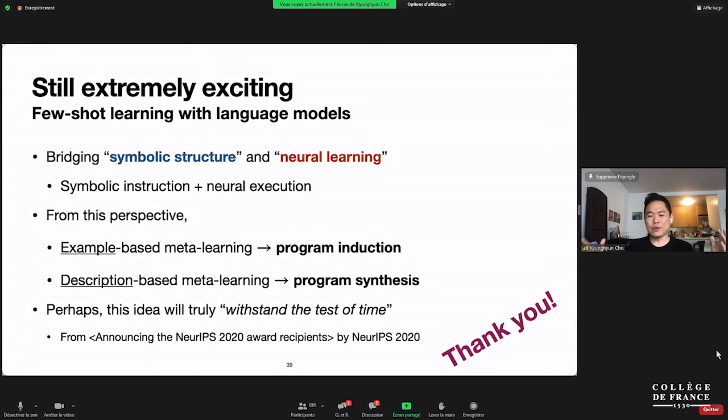So what have people been doing in program induction and program synthesis? Can we actually learn some of the lessons from there in order to solve this problem of learning how to interact with just GPT-3 or the language model-based few-shot learner? So perhaps this idea will truly withstand the test of time, as it was described by the NeurIPS 2020 Best Paper Award Committee. And that actually does conclude my